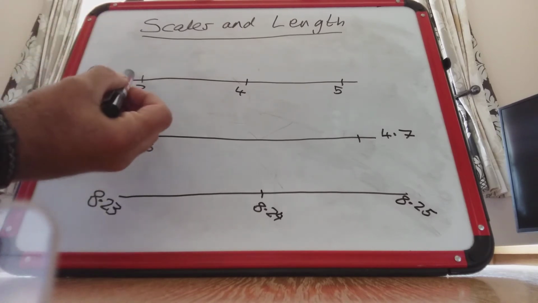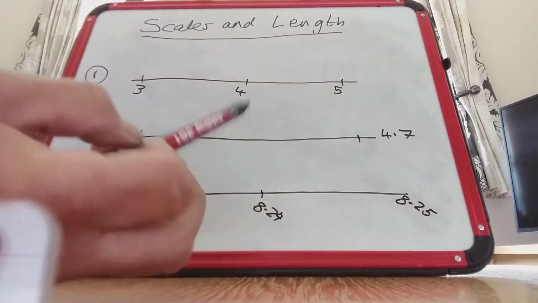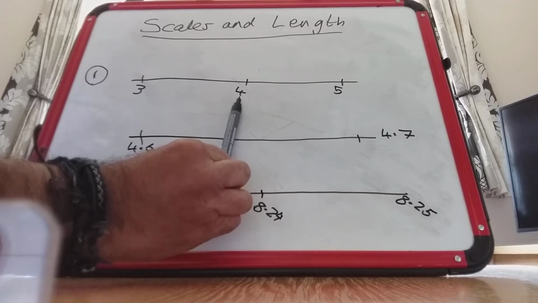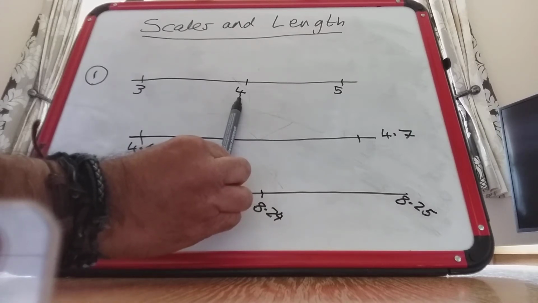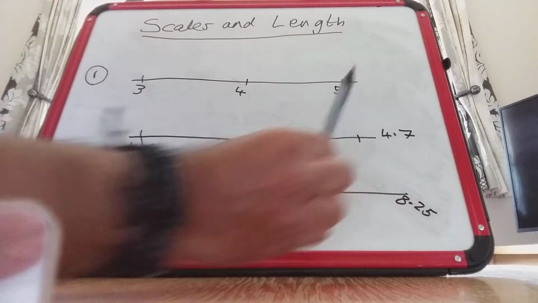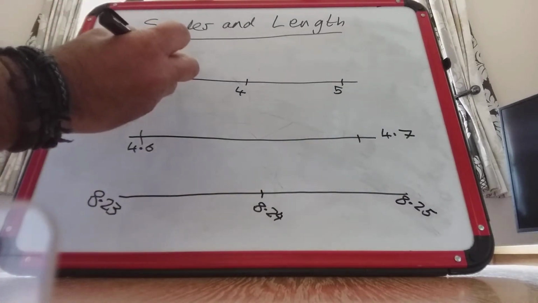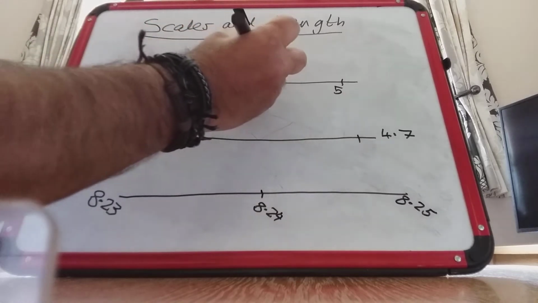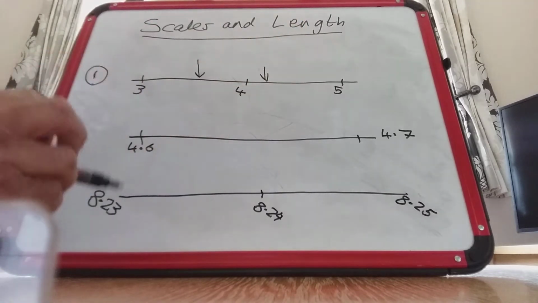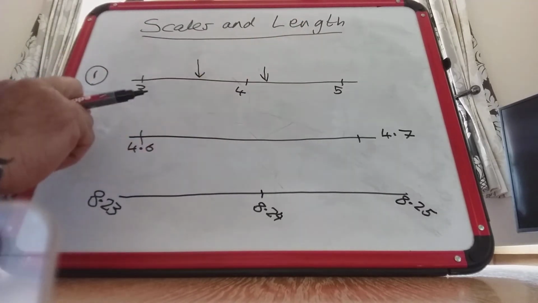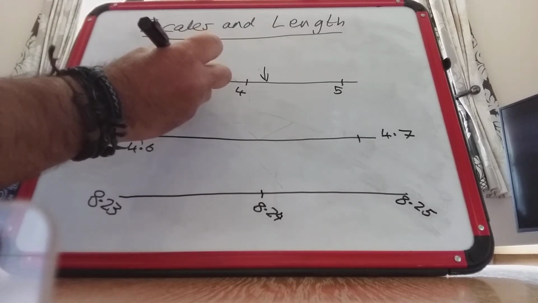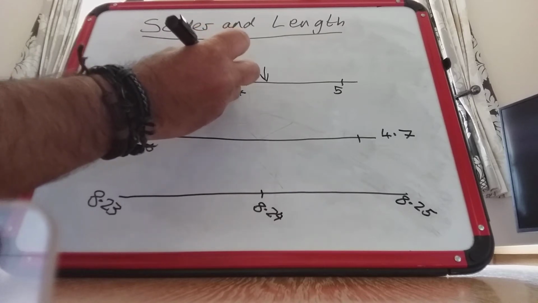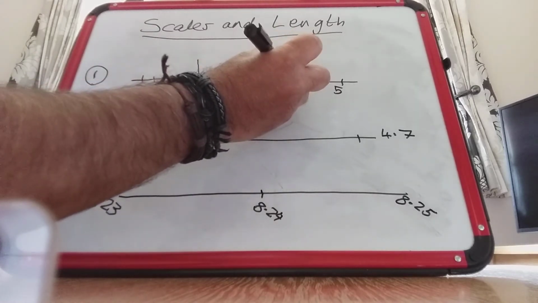as you can see, the scale is 3 and 4 and 5. Now if they drew an arrow just here and said what is the reading on the scale, that would be a little bit too easy for you. If they put it here, that would be too easy as well. What they would probably do is put the arrow either here, something like that, or maybe somewhere like that. Now they probably won't have the scale just like that. What they will probably do is put more lines on there as well. So if I put those in for you, that's half and then